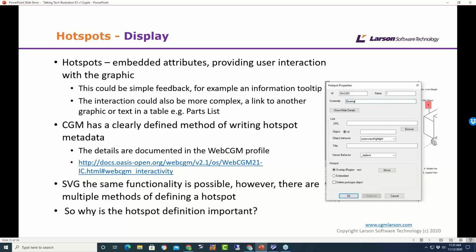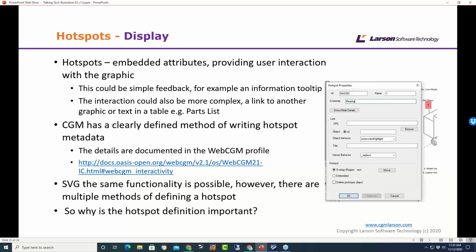Okay, hotspots, as I mentioned before, is something that we put into the profile because SVG doesn't really give you a standard way of writing a hotspot. It can have interactivity, but no standard way is outlined. And I'm pretty sure, going back to the comment I had, that we don't think there was anything in that spec that defined how a hotspot should be written in SVG in a standard way.